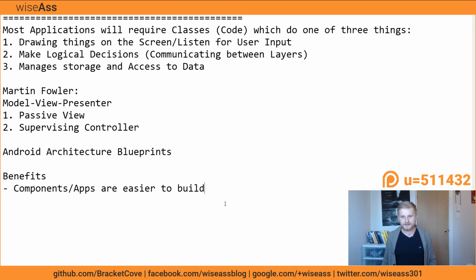So why is that the case? Just really quickly, think of building a single class with 5 responsibilities. Necessarily that class is going to be enormous and complicated. When you divide your single class that does drawing things on screen, making decisions and storing data into its own architecture, you've got 3 pieces which do more specific things. So when you're writing each part, it's less complex. I don't really need to use big words here. It's really as simple as that.